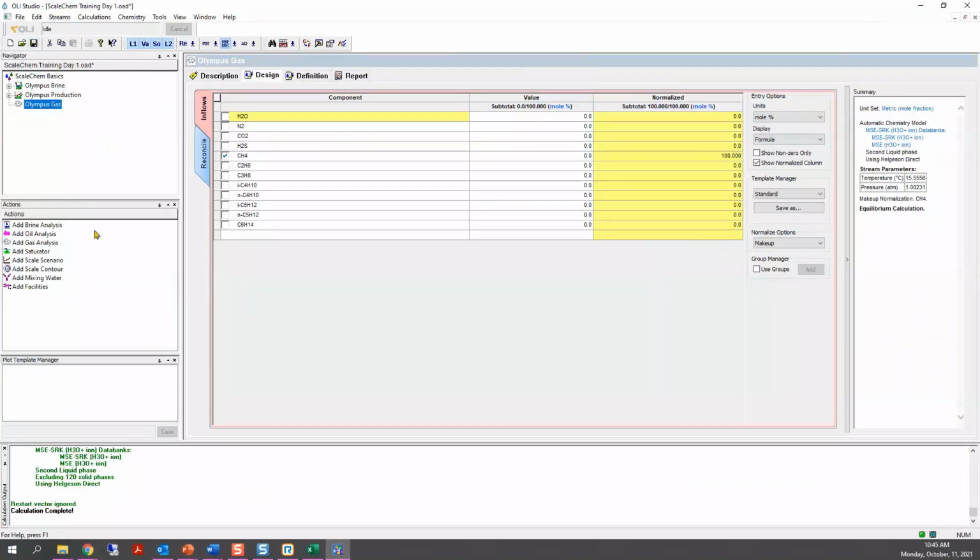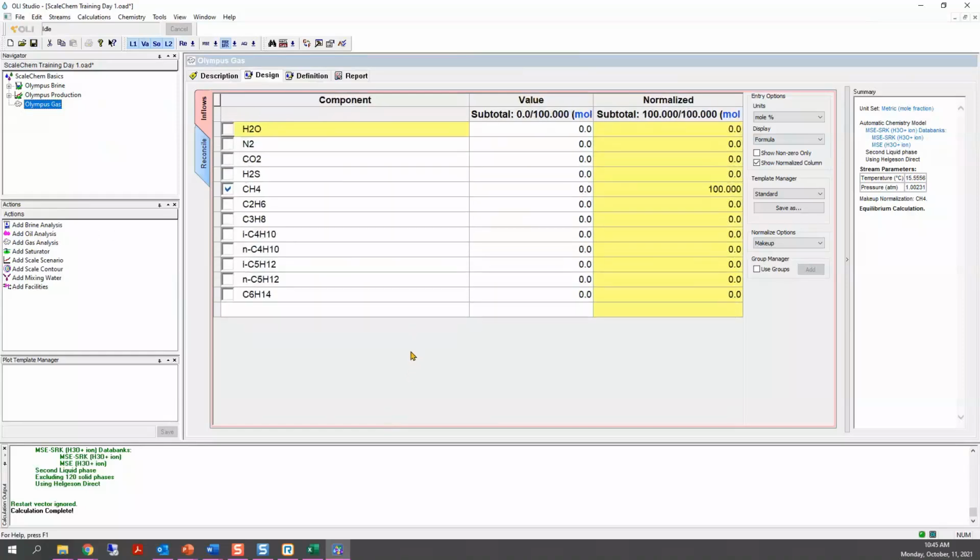Okay. So this gas, to the left, to the right, you'll see that it's just basic hydrocarbons. You can see here that these are all alkanes, and it goes up to hexane. The software is selecting methane as the makeup molecule, or as the makeup gas, for this specific analysis.